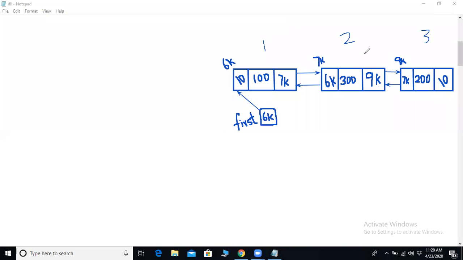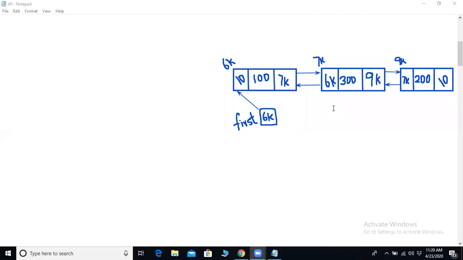So deletion can happen based on the position, or based on the item. Today we will discuss deletion based on the item. If I give the item as 100, then this node needs to be deleted. Is this clear? Yes, sir.